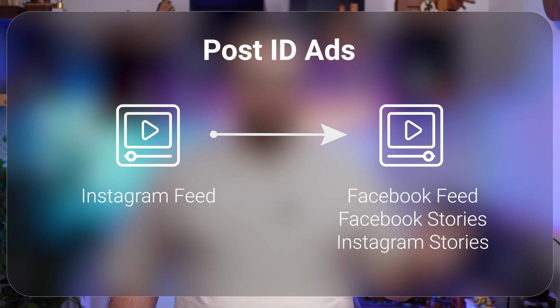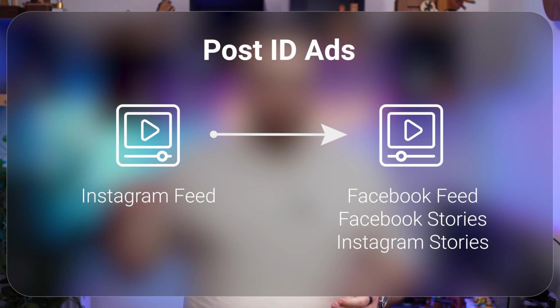So, a little bit of theory before we go into my PC in order to explain what we're going to discuss today. Basically, when you're using a post ID, let's say from your feed on Instagram, most of the time people are not changing the creative on the different placements, and they don't even know that they can do that. And we will discuss in a little bit the post and what is happening with this.